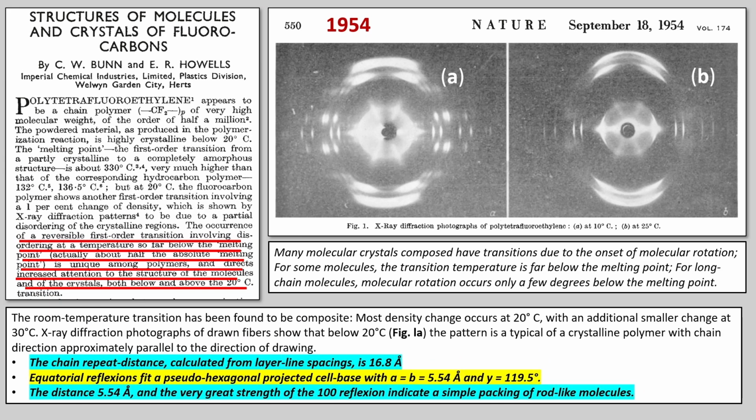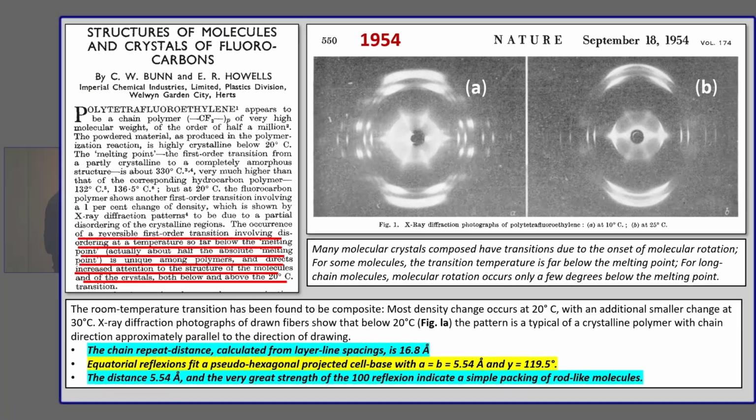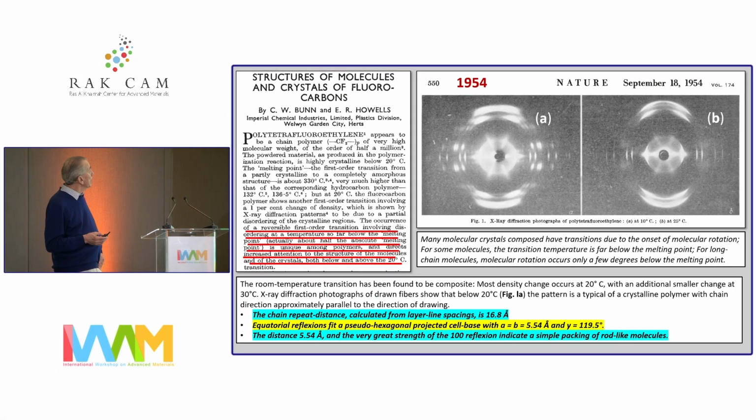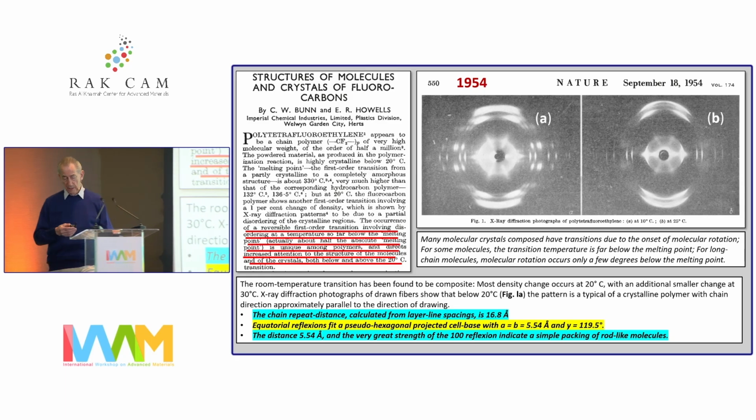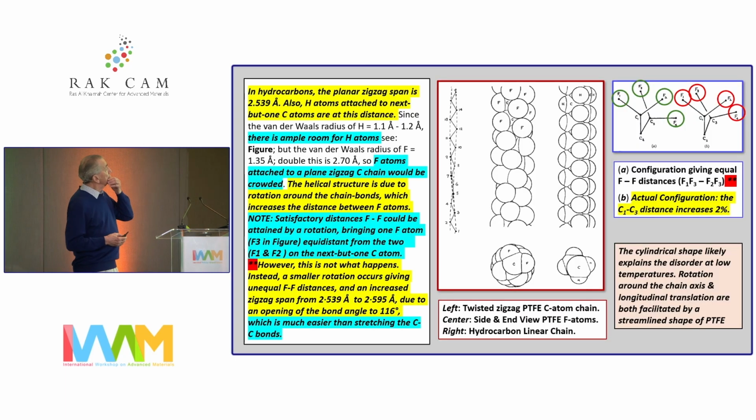Okay, going back to Teflon, an X-ray structure was published showing how the structure changes through the phase transition, but it is still overridingly hexagonal. And so the basic packing of the chains hasn't changed as you go through the transition. And it says there's a reversible, and this is an important paper. So what is the structure? When they look in detail,